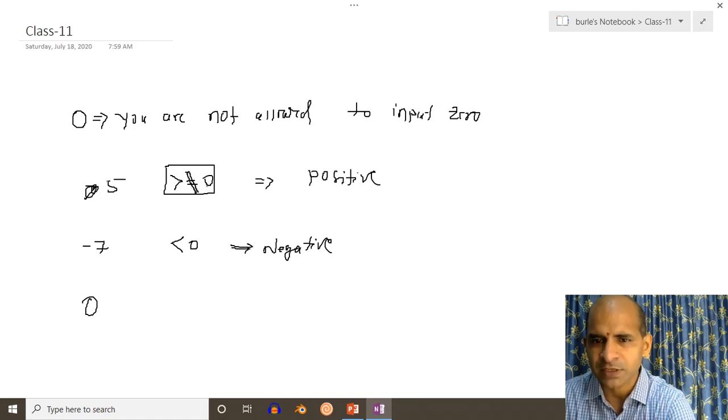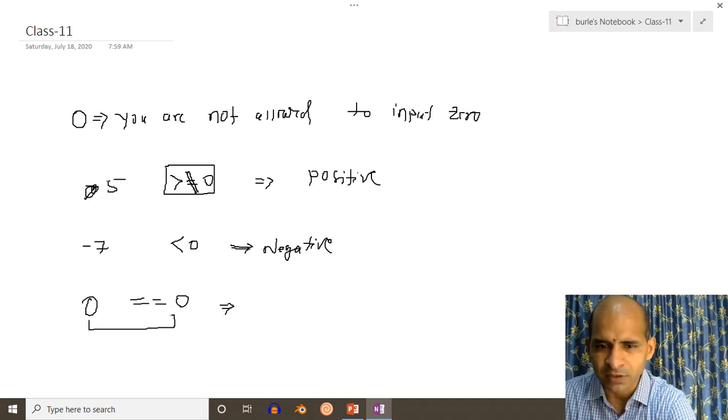So if 5 is greater than 0, we have to say positive. If any number is less than 0, we have to say negative. Then what about 0? Since 0 is equal to 0, you have to make a comparison with this one. Now there are three conditions: 1, 2 and 3.